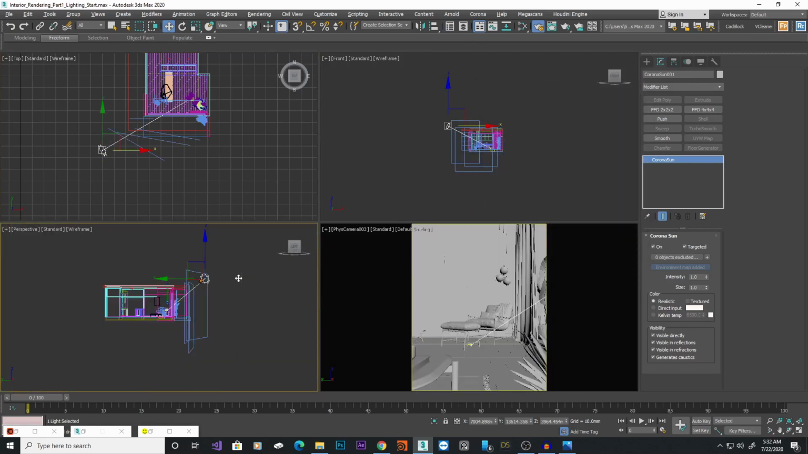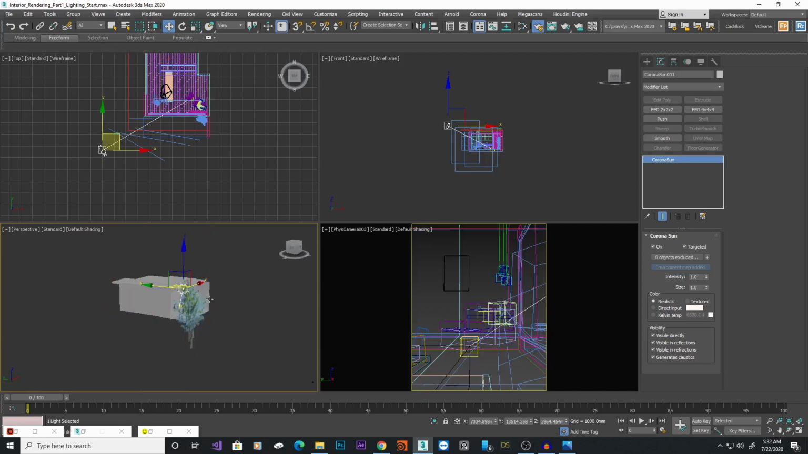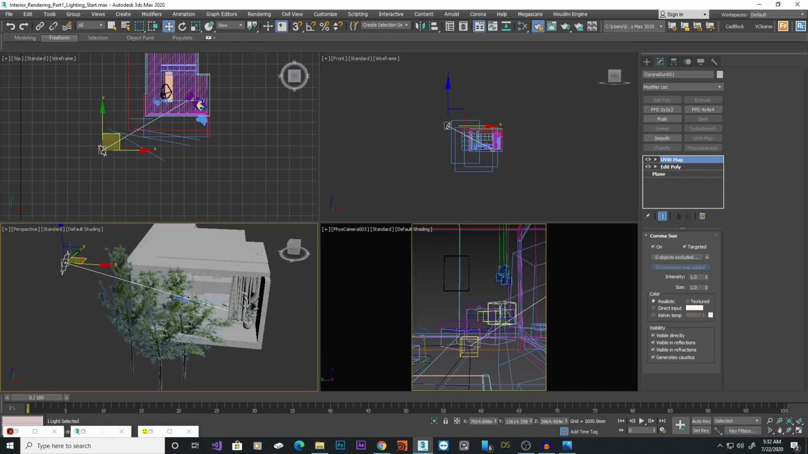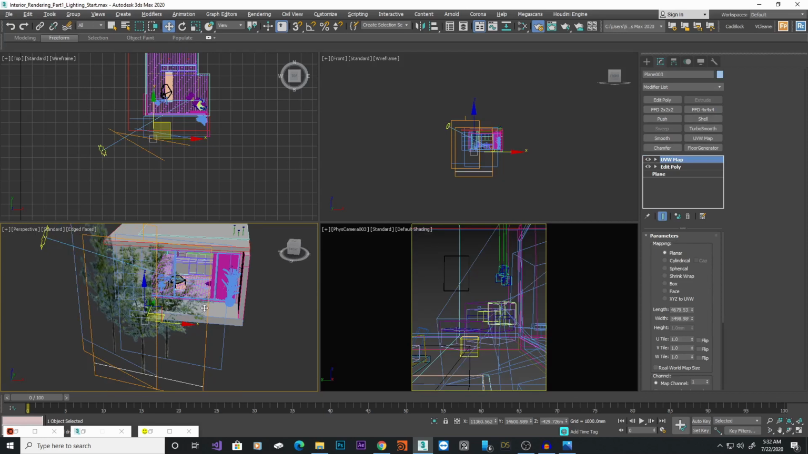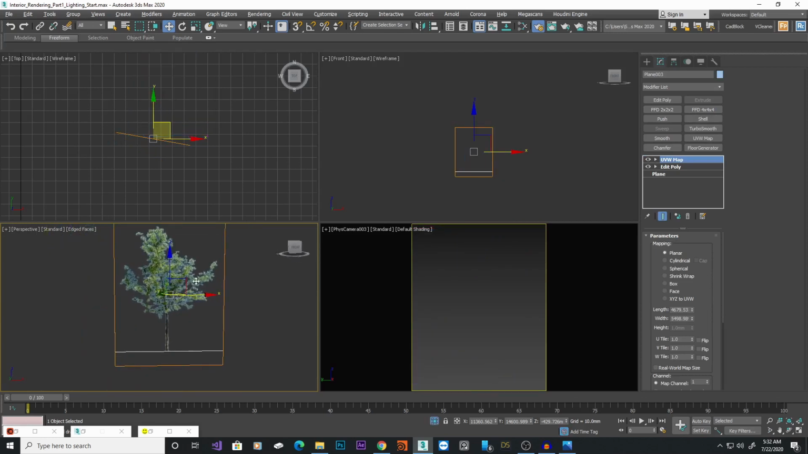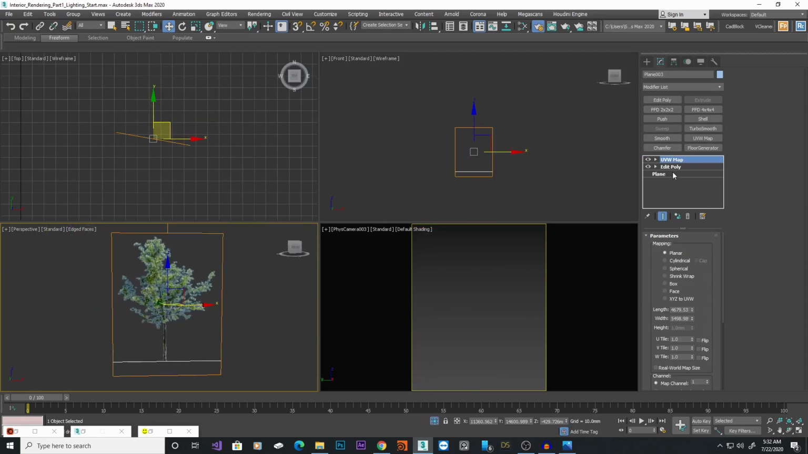Okay, let me go to the perspective view here. Okay, I've got a couple of planes. Let me isolate one. It's basically a simple plane. I just added an Edit Poly just to adjust the size of it, and I have a UVW map which just does a simple planar mapping. And if I go into the material tab,